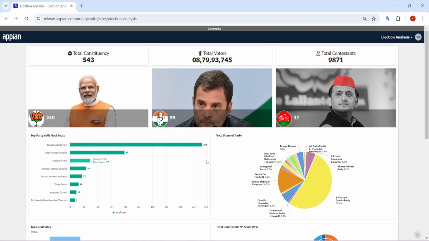Hi all, we are going to see in Appian how to create dashboards. So basically different types of charts and graphs. For the example, I have taken the recent election result that has just concluded. In this election, what are the different parameters on which we can create charts and graphs that we are going